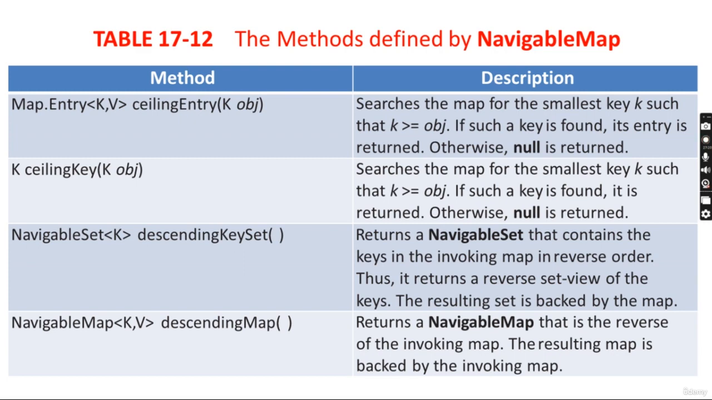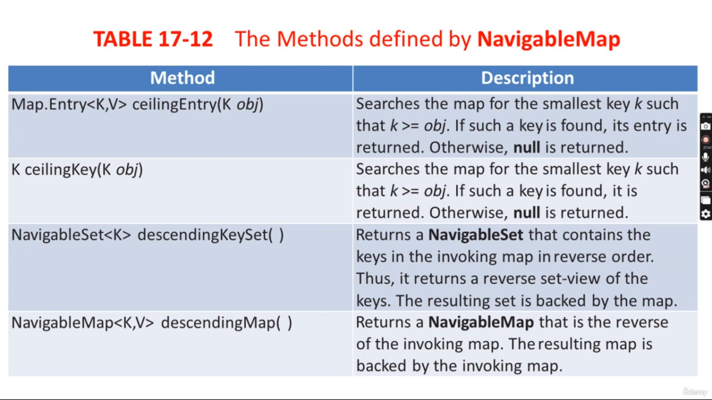If found, it will return, otherwise null is returned. ceilingKey searches the map for the smallest key K such that K is greater than or equal to the object. If such a key is found, only the key is returned. In the previous ceilingEntry, it returns both key and value, and here in ceilingKey only the key is returned,